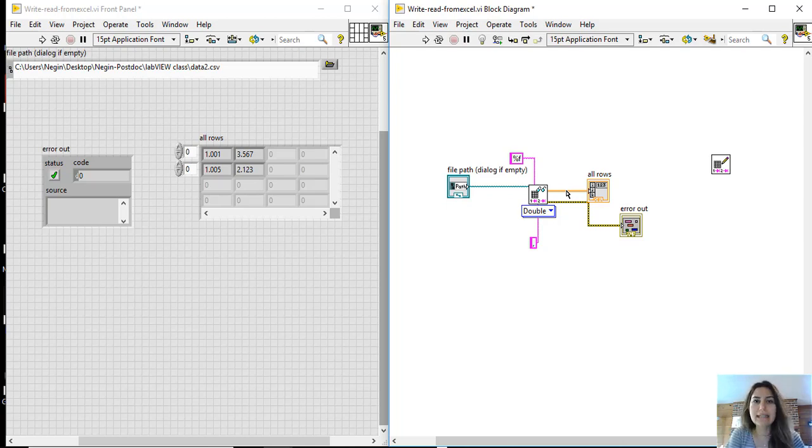You're reading that and saving your data into an array, which in the next video we're going to talk about arrays. So you're saving your data into an array, and you now want to write all the information that you have saved in your LabVIEW program into an Excel file, and you want to save it in your computer. So you choose the write delimited function, and what this write delimited function needs is